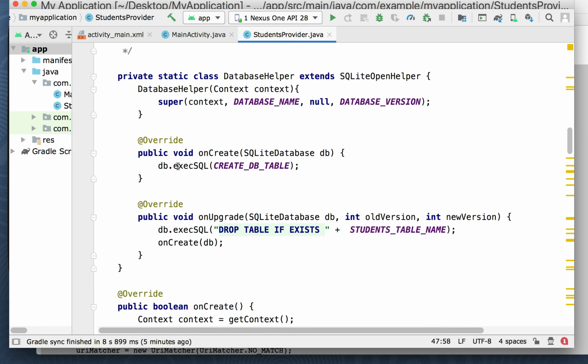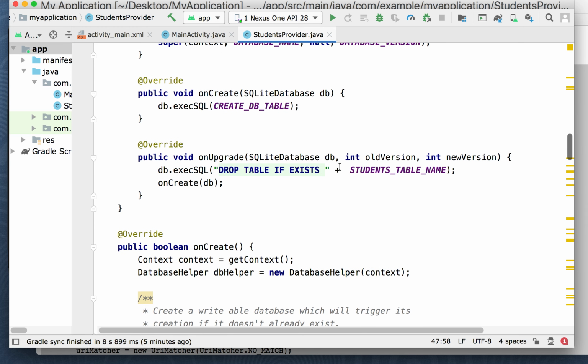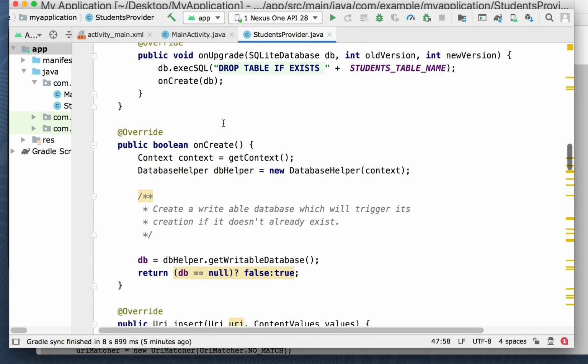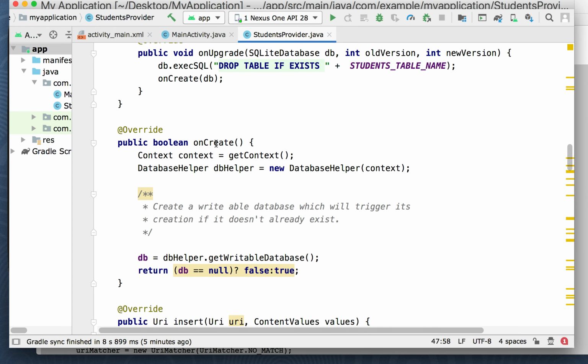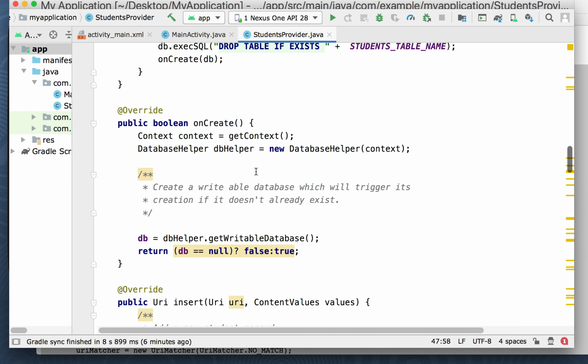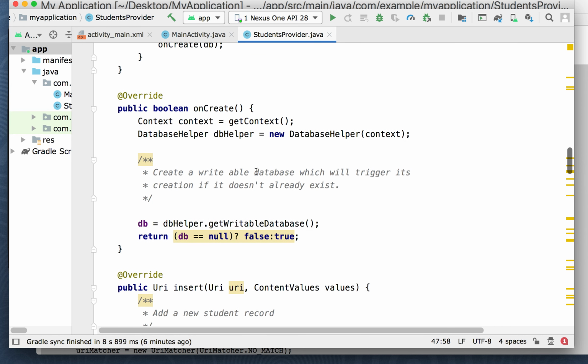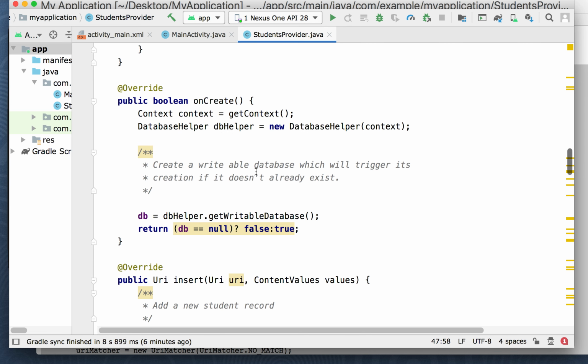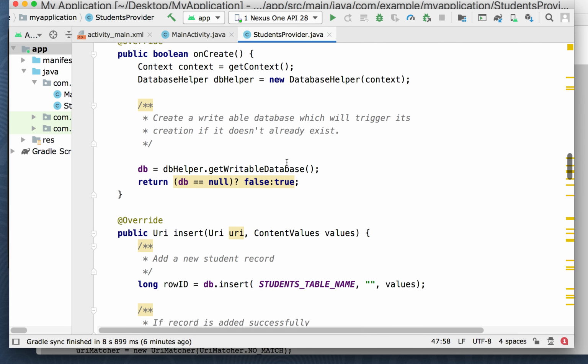On the create, we're going to run the SQL command to create the database. On an upgrade, if we upgrade the app, we'll check the version number changes, and we drop the table and we recreate it. Then on the create, we have our context that we're going to get. We're going to use our database helper. We're going to create a writable database,